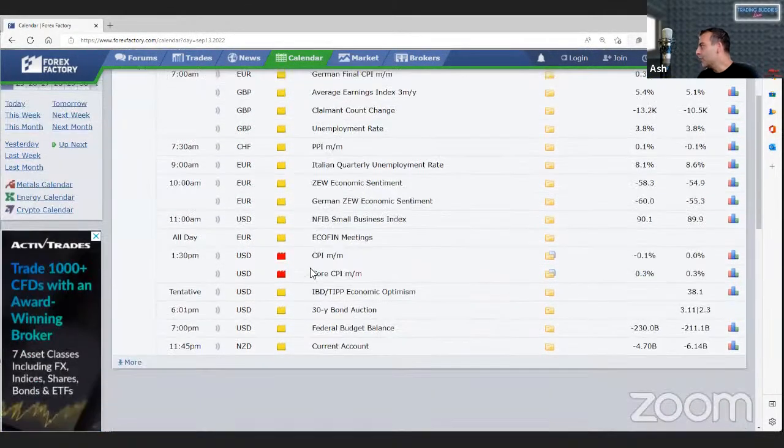This number here. So we're looking at the CPI data. Now it's predicted to come down again. CPI month over month is predicted to come down again. If that surprises to the upside, that's going to put pressure on the markets. It's probably going to make the dollar rally. And